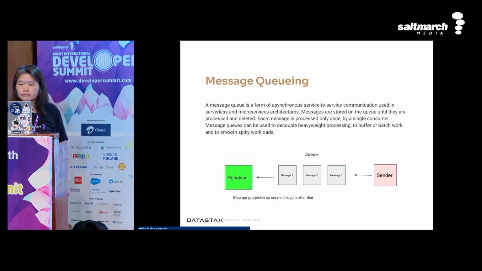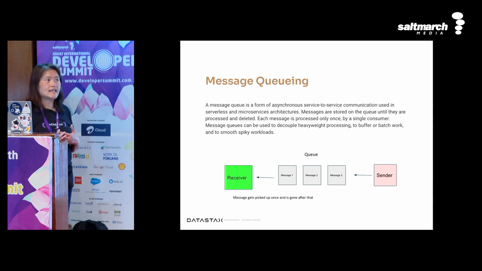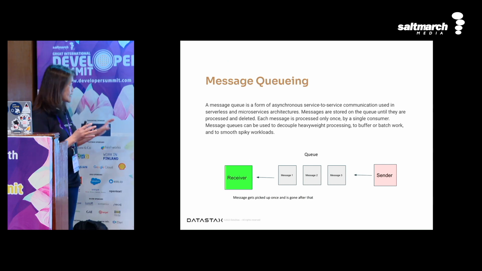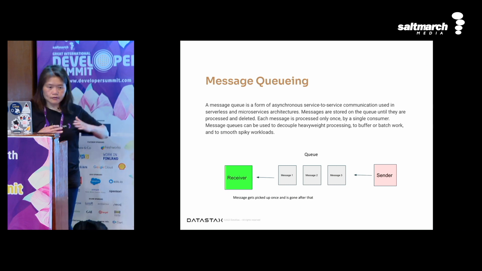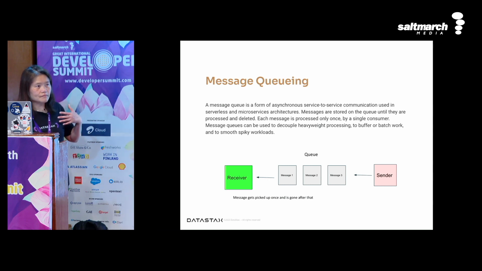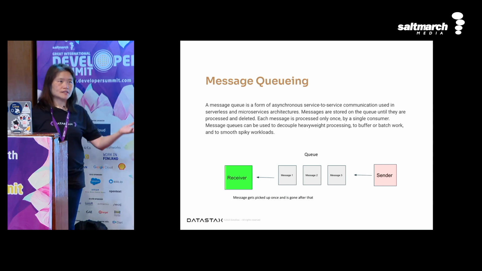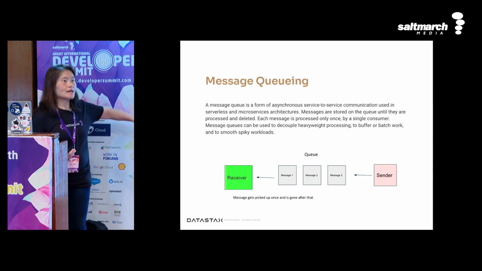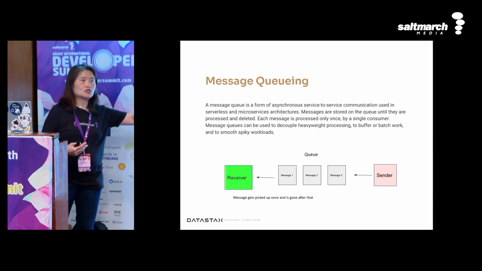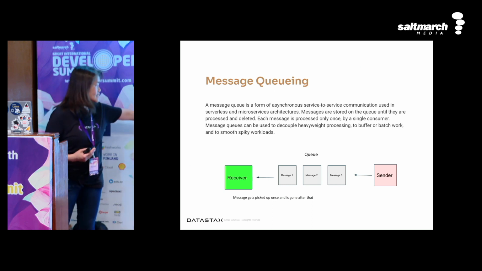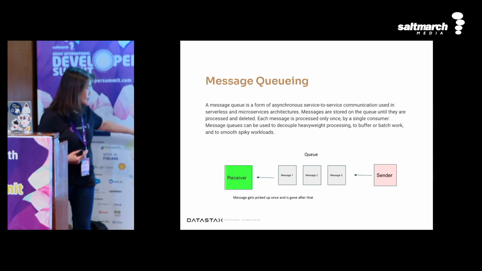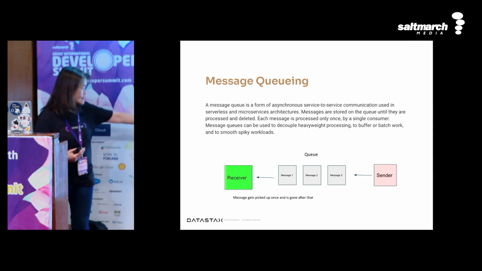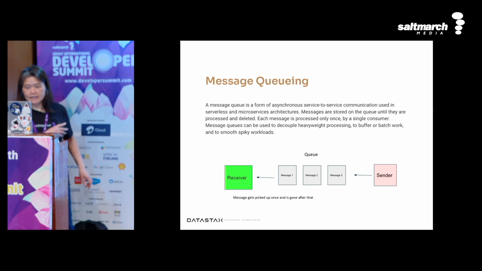That's pub-sub. And then there's also message queuing. Message queuing, too, is a form of asynchronous, service-to-service kind of communication. Again, it's like when you're writing code as a Java developer, we write queues and all that. It's the same kind of concept, right? You're doing first in, first out. Messages get sent into the queue, and then the receiver side will pick up whatever messages got pushed into the queue first. And once it gets read by the receiver, then it will be gone. So that's the queuing mechanism illustrated.